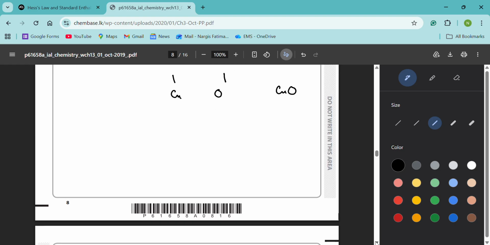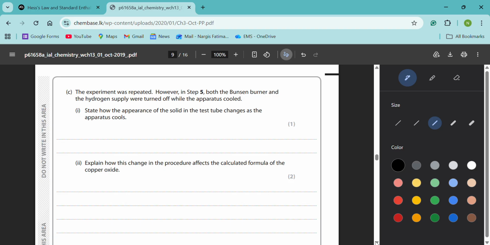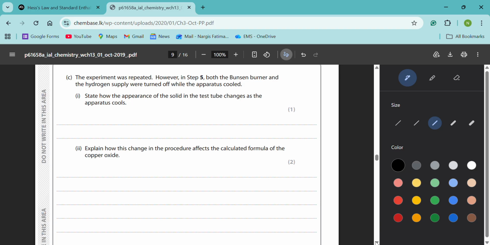Now move on to the next part of this question. The experiment was repeated, however, in step 5, both the Bunsen burner and the hydrogen supply were turned off while the apparatus cooled. State how the appearance of the solid in the test tube changes as the apparatus cools. Okay, so what will happen? As the apparatus cools down, the copper turns black. So you must write the initial color of the copper as well, red or pink copper